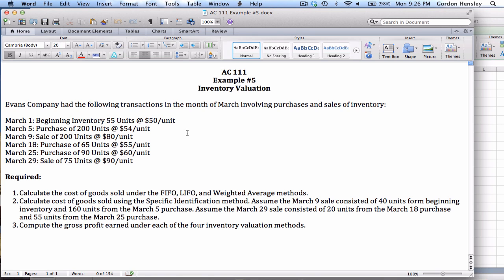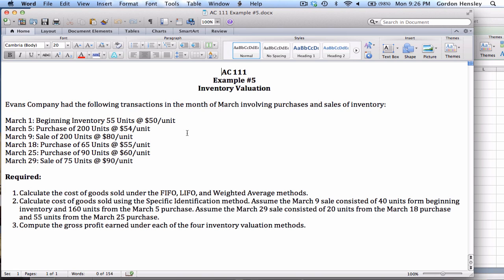Now, what are the requirements for this example? Number 1, we're going to have to calculate the cost of goods sold under the FIFO, LIFO, and weighted average methods. Secondly, we're going to have to calculate the cost of goods sold using the specific identification method. And along with that, they're giving us some specific information about which units were actually sold. And then on part 3, we're going to compute the gross profit earned under each of the 4 inventory valuation